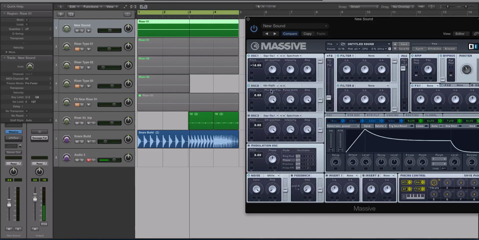Oscillator 2, I might stack this with one more oscillator sound, so we'll do pulse width, just to get a little bit different tonal characteristic, but something still similar. Again, pulse width, the position, amp, all that, totally your call. All right, so now we have